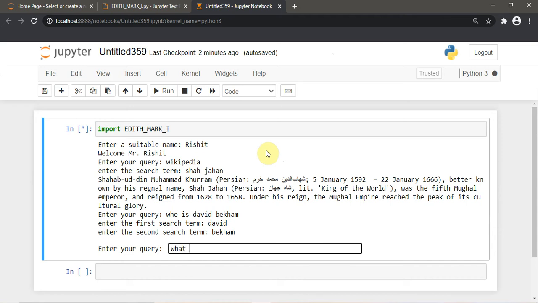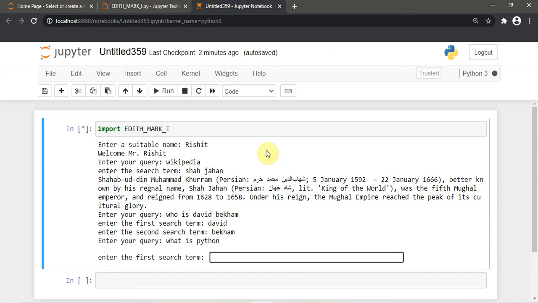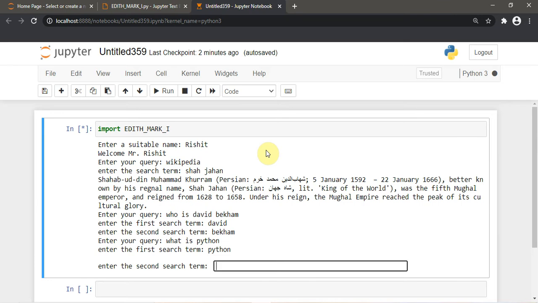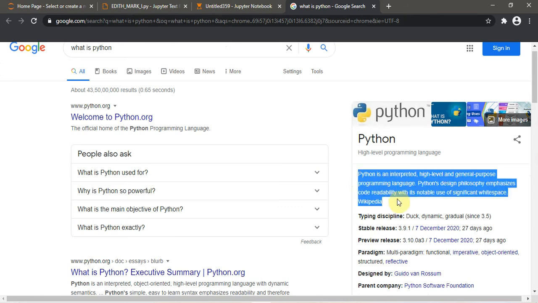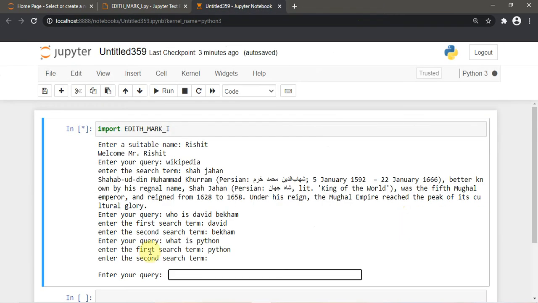What is, let me say an animal, or what is Python? If we search Python, it will take me to the search box with what is Python, but it does not read it out, or implement web scraping.